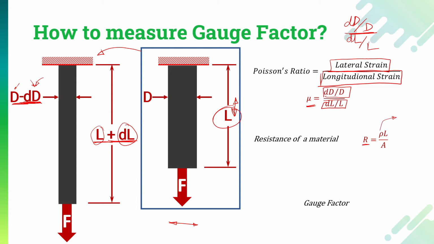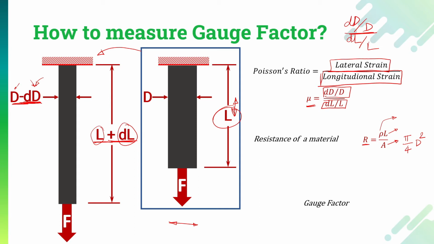Now the question arises, what is the resistivity? The resistivity is basically the resistance per unit length and cross sectional area. So this is what the resistivity is. L is the length of that particular material, and A is the cross sectional area of that material, which is basically pi by 4 into d square. Okay, so this is what we are having.